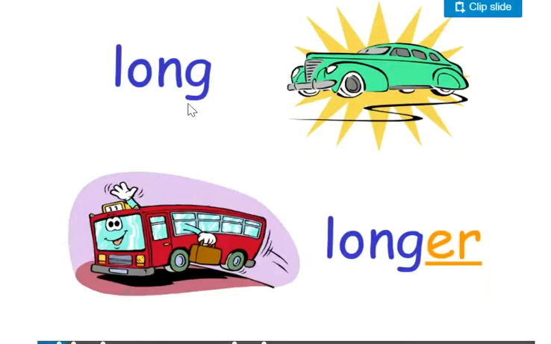Long. And then you just add ER: longer. So you're going to say the bus is longer than the car. The bus is longer than the car. I forgot to write "than" here. Sorry, but now you have to remember that. You have to remember, there's ER plus "than". So the bus is longer than the car. Okay? Next,